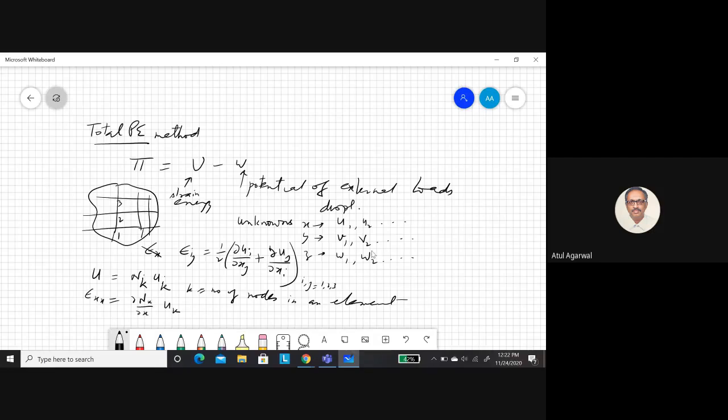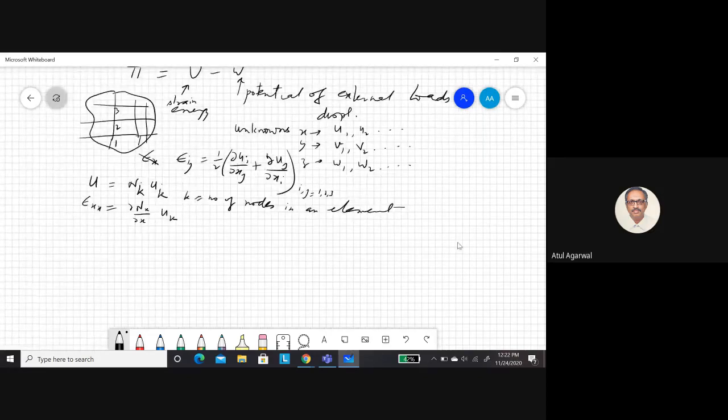I told you how to find derivatives of shape functions. You take any element, but you always use local coordinates. So this mapping goes for this element. This is XY in global coordinates. So you make computations with the help of local coordinates. Always you are finding strain energies. You have to find the strain energy by integrating over the volume.